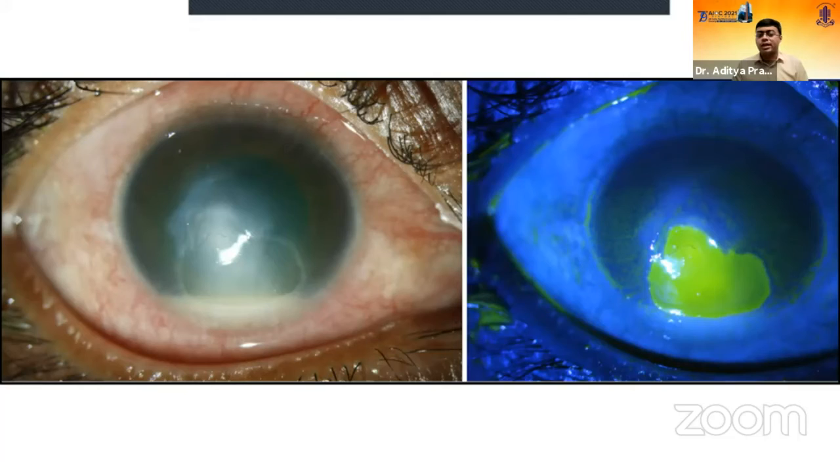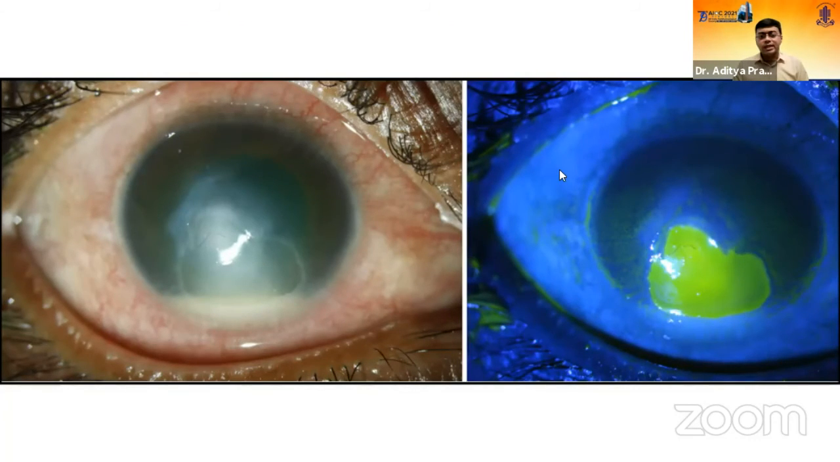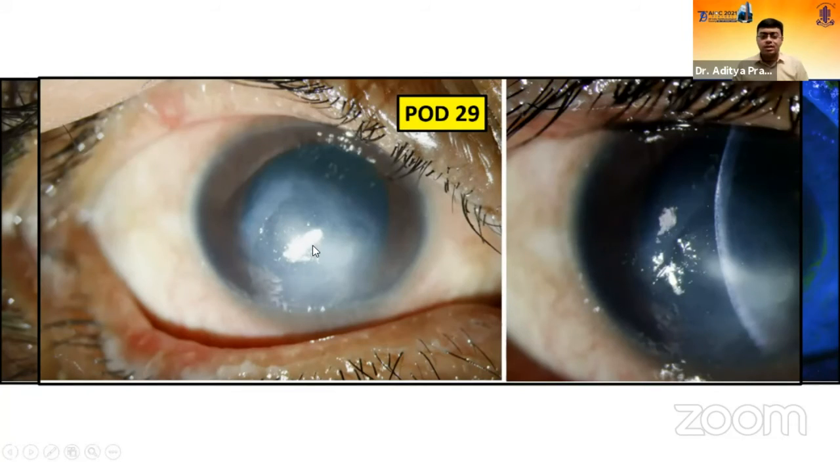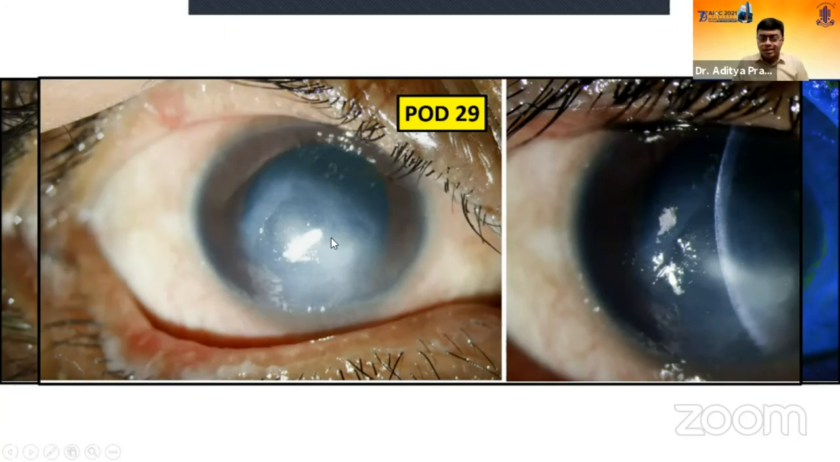The PCR report came out to be positive for fungus. So this is at 29 days after the tarsorrhaphy, it was released. Still a learning point here, some infiltrate is still present. So the takeaway point here is do not stop the treatment at this stage. You have to keep on putting the antifungal drops till complete scarring is achieved in all the parts of the